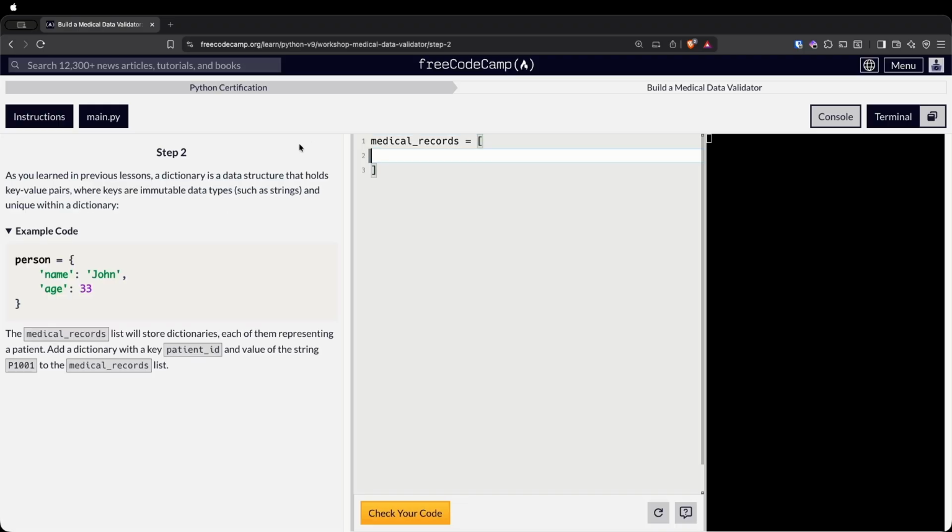Step 2. As you learned in previous steps, a dictionary is a data structure that holds key value pairs, where keys are immutable data types such as strings and unique within a dictionary. Here's our person, name, age. Medical records list will store dictionaries, each of them representing a patient. Add a dictionary with a key patient ID and a value of the string P1001 to the medical records list. So this